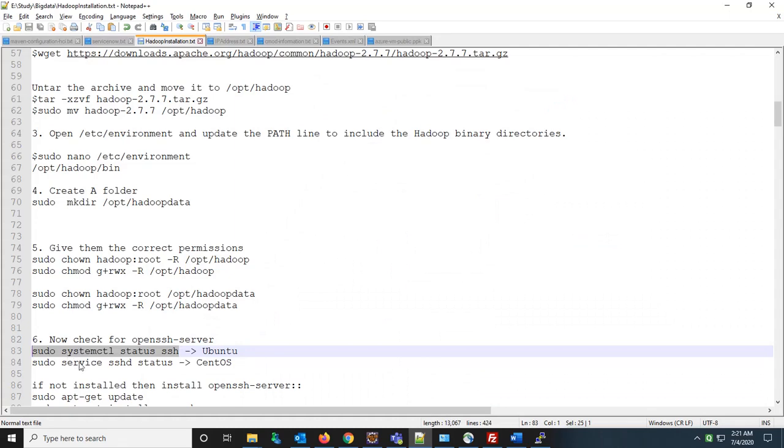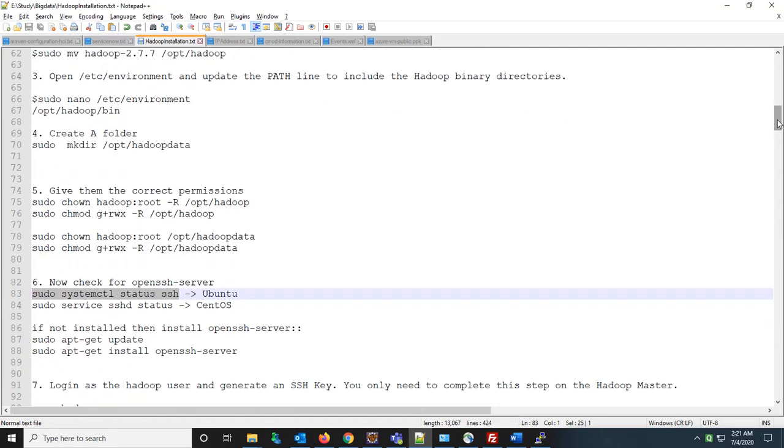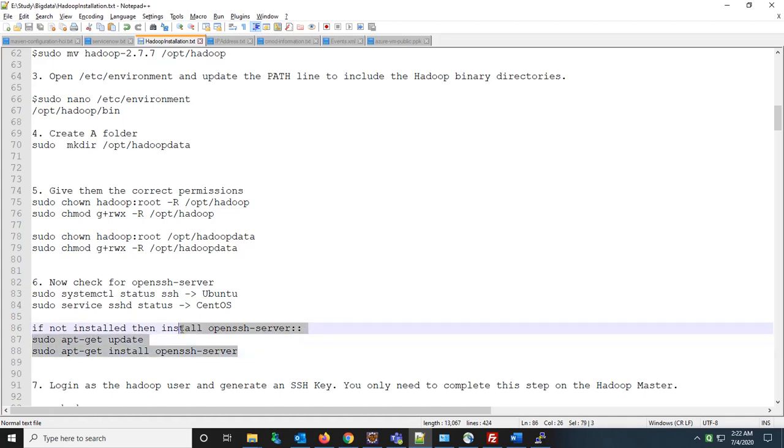But if you are using your own VM, meaning you create one VM inside your machine, then you have to install the OpenSSH server using that command. Now I am done up to this. Now I will switch my user. I will use this Hadoop user